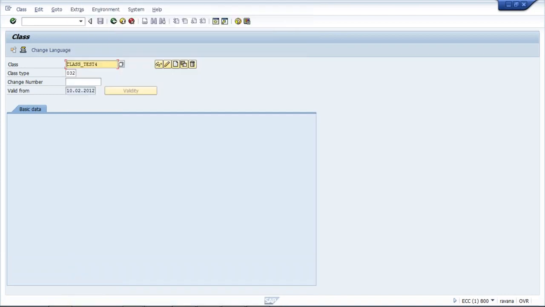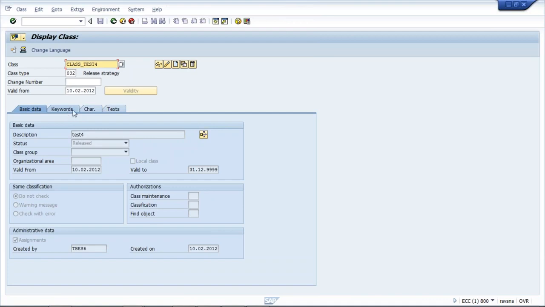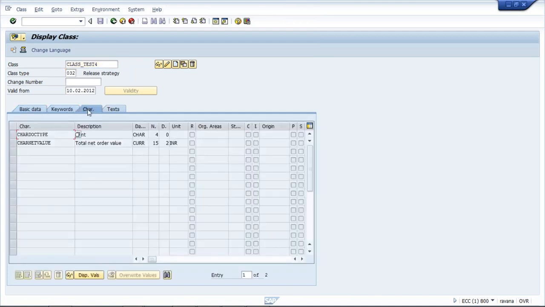Now go to the display mode and go to the characteristic tab. See, these are the two characteristics they are using. One is plant, another one is total net order value. For example, in the same existing class, if you want to use PO document type, purchasing organization, that also you can do. These are the characteristics, and if you want to see that, go to